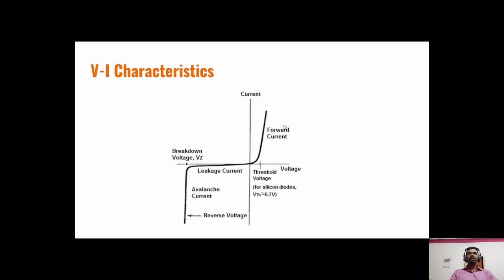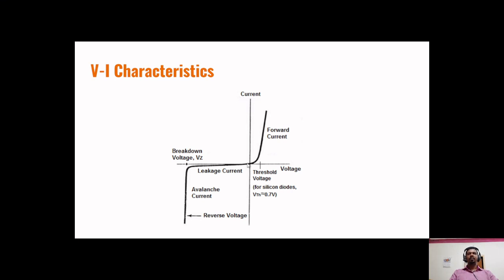Now let us look at the voltage current characteristics, the VI characteristics. In semiconducting devices, we find that they don't obey Ohm's law. Because of this, we have to find the voltage and current characteristics. If a device obeys Ohm's law, it is called an ohmic device. However, all semiconducting devices are non-ohmic in nature. That means voltage is not proportional to current. So for every semiconducting material, you find different VI characteristics.